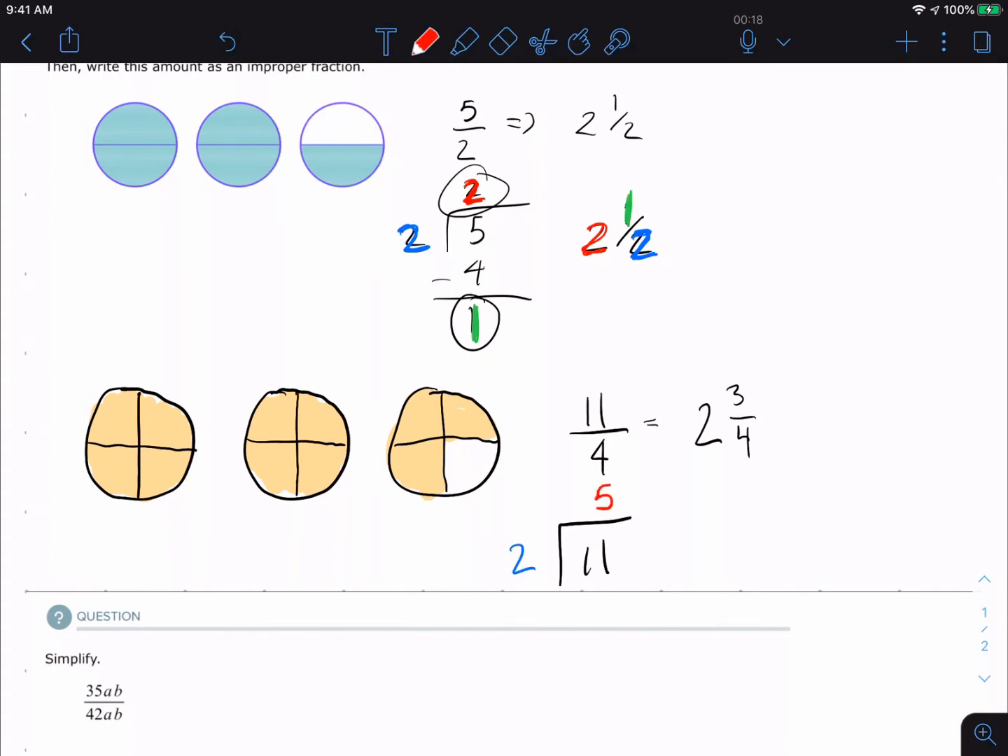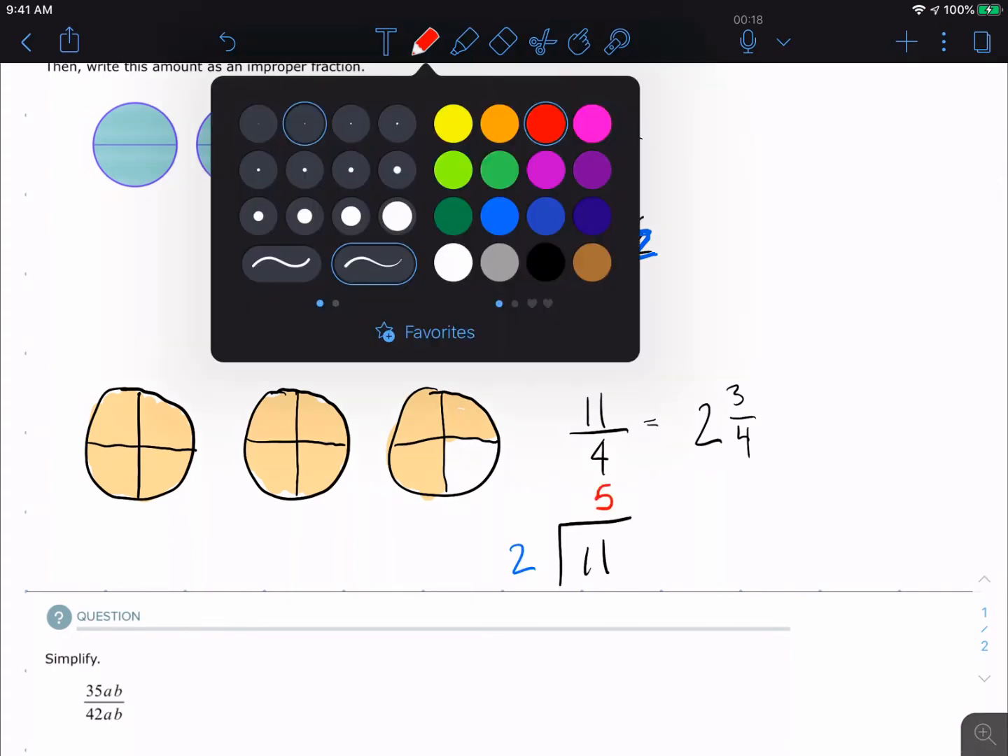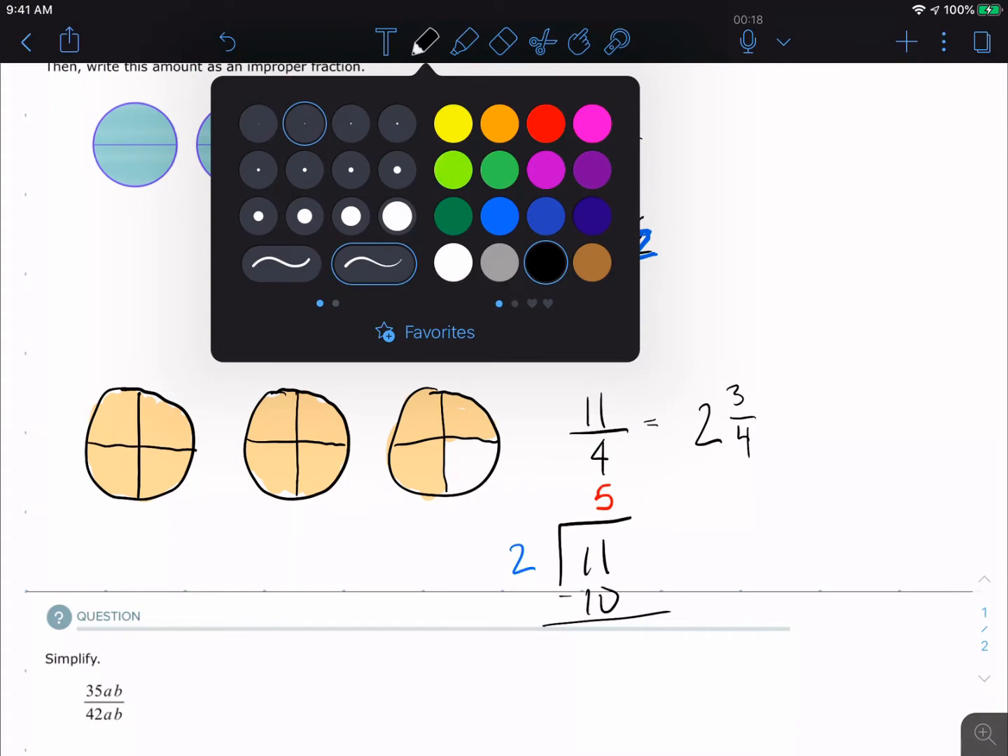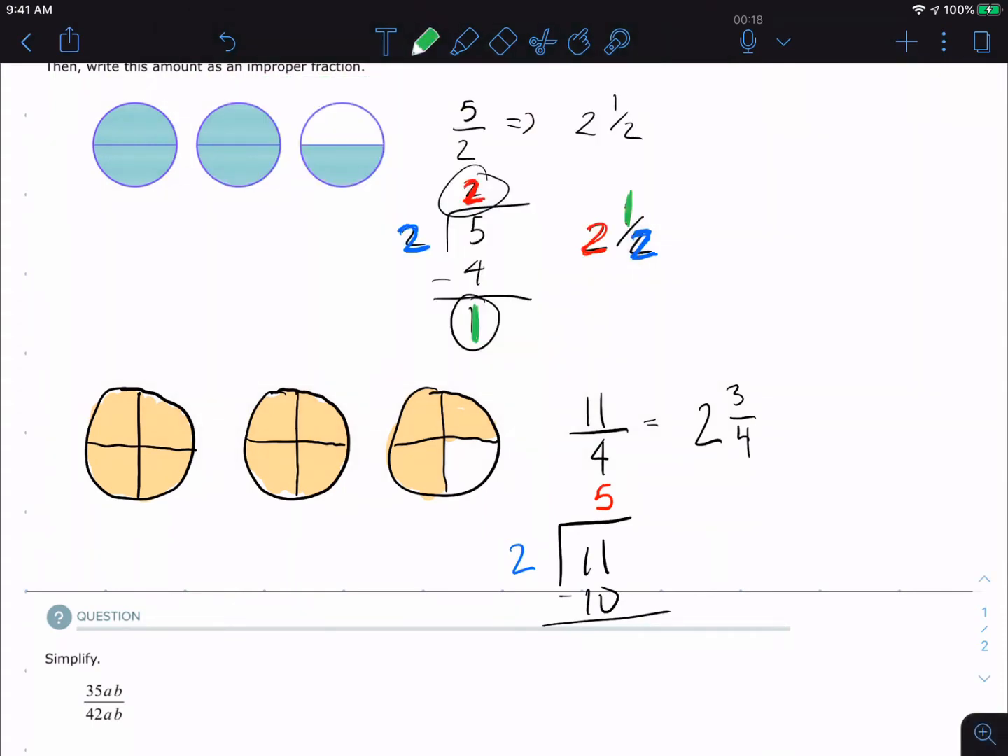We should see that to be 5, right? So then 5 times 2 is 10. We're going to subtract that. And then what we're going to end up with is a remainder. And the remainder here is,